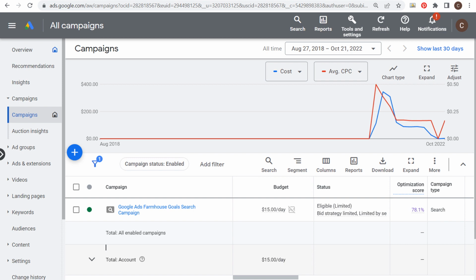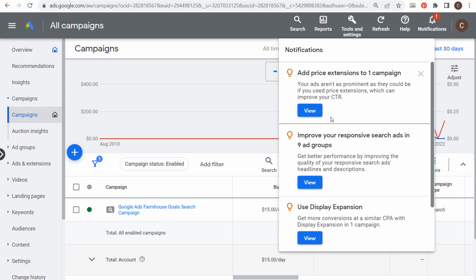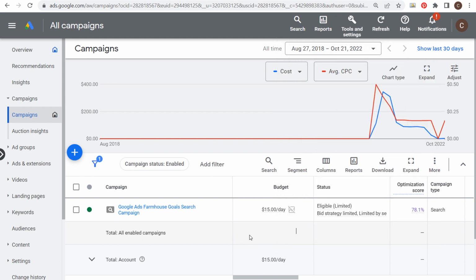Today I'm going to be going over broad match keywords a little bit, and specifically what I want to go over is that sometimes you may get a notification giving you some different recommendations for your campaigns, and one of them may have to do with broad match keywords, telling you to improve your campaign performance by using broad match keywords. So if we come over here to our optimization score and we click here for our search